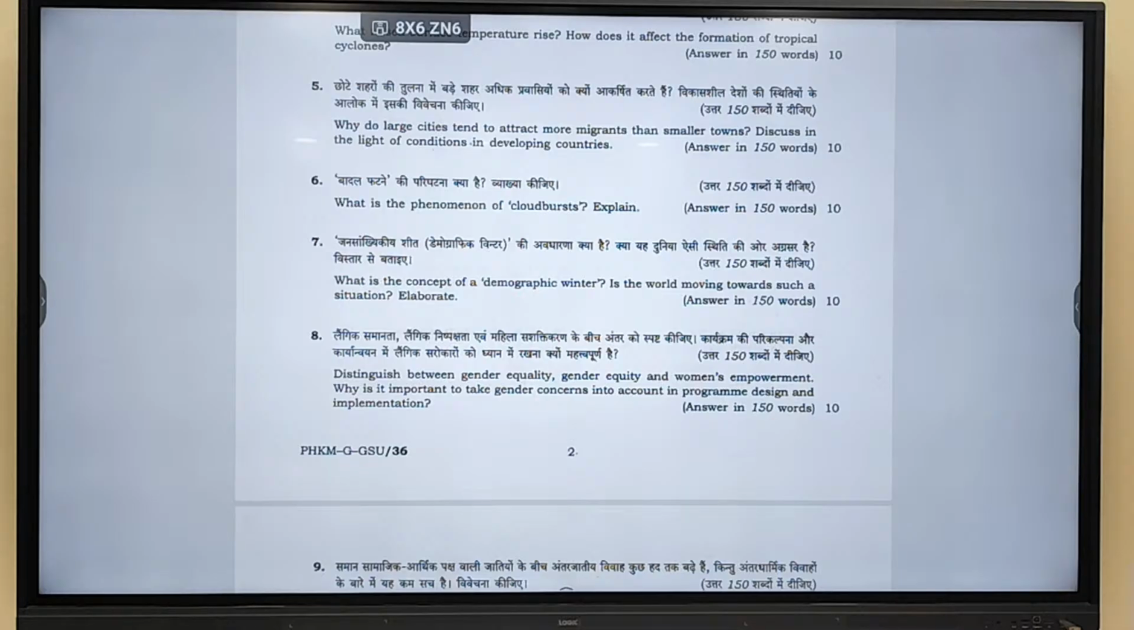Cloud burst is going to occur when? Which type of cloud is bursting? Cumulonimbus cloud. Okay, cumulonimbus cloud. Then you have to write what the phenomenon of cloud burst is, that you have to keep in mind. Fine. Then you will also see